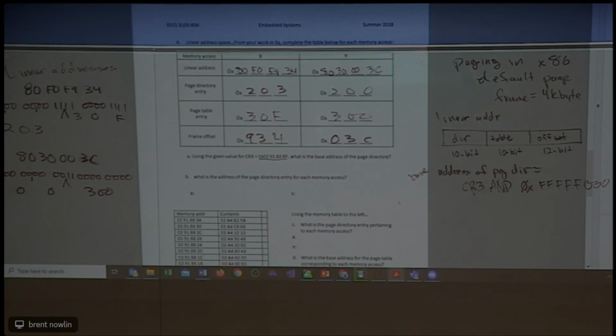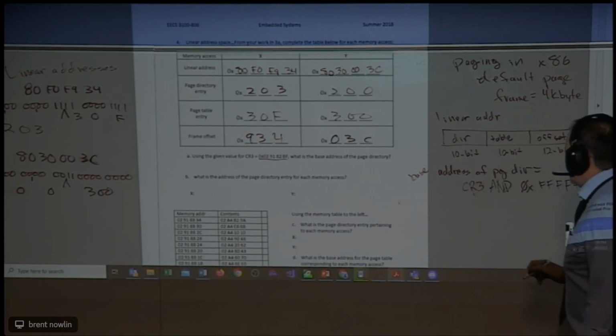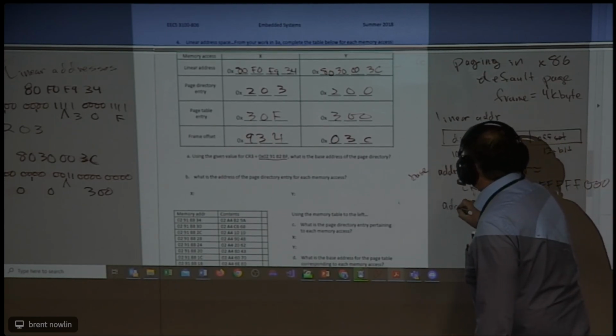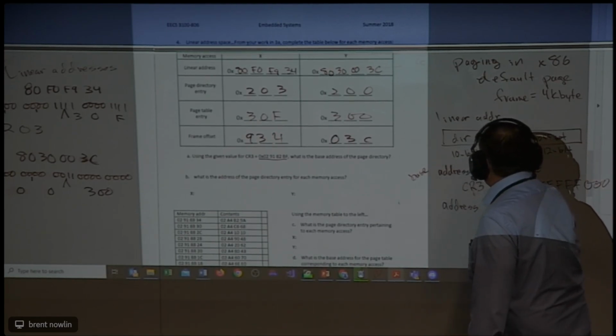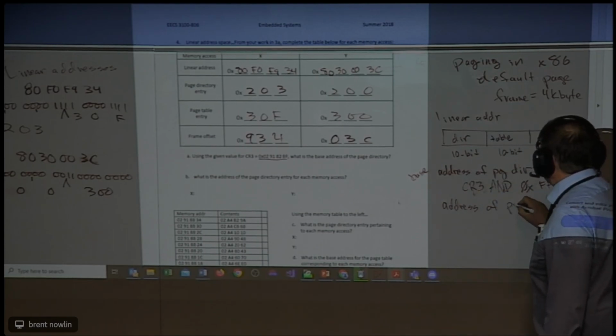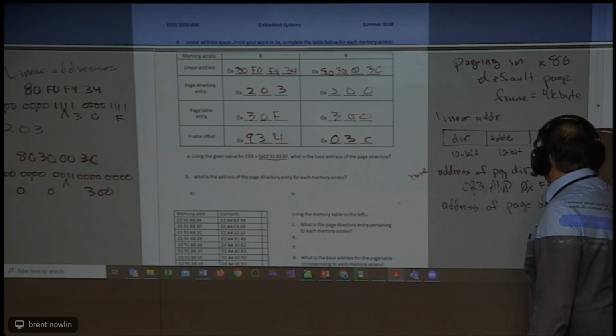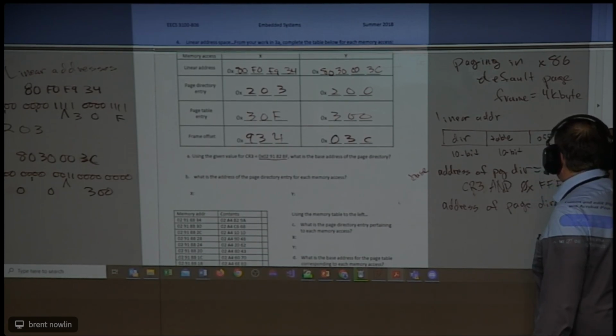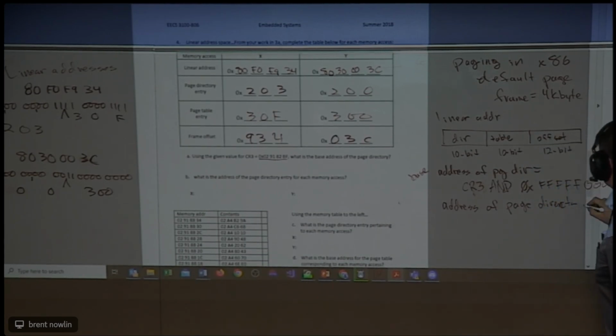Okay, we're going to find out that we don't need a special register. That didn't come out right. So that's the base address of the page directory. The actual address of the page directory entry, the drawer,